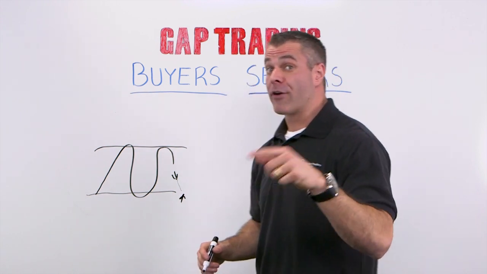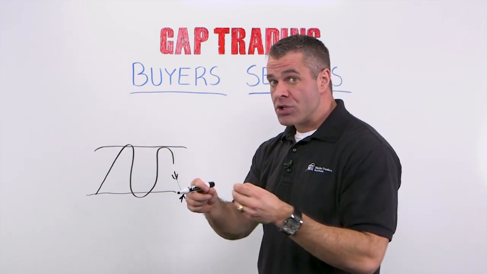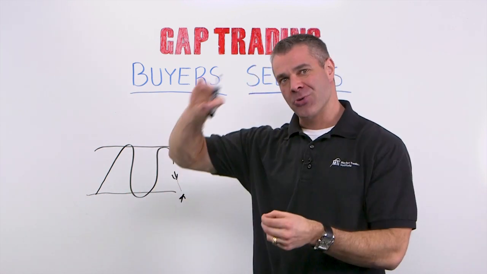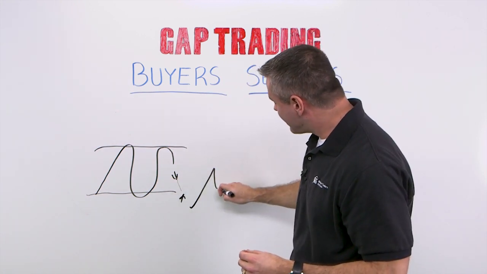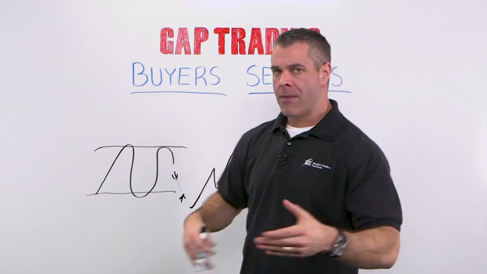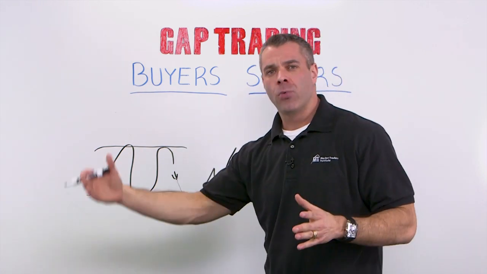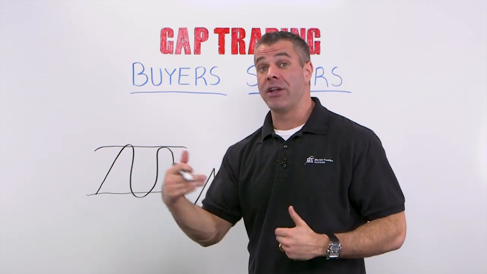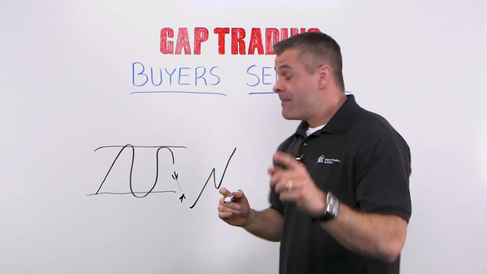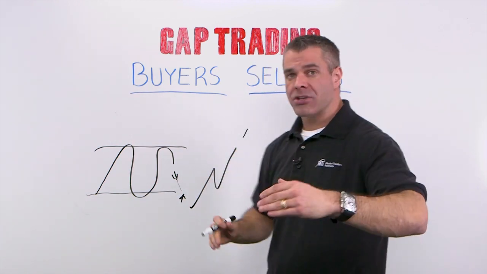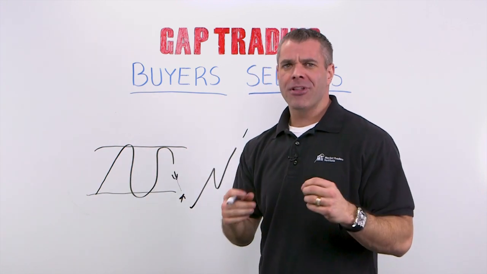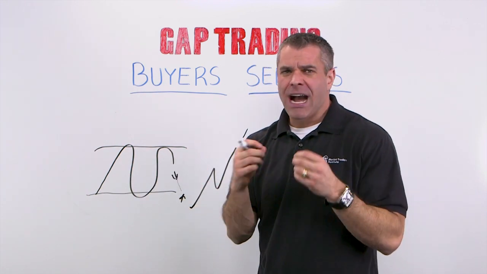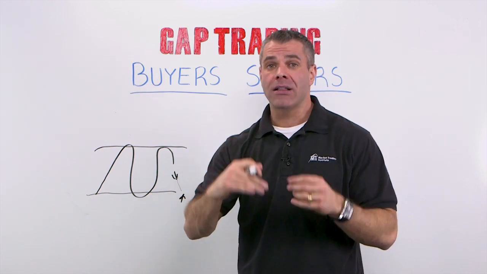There's also what's called a reversal move. It's important to understand when you should trade in the direction of the gap or when you should trade against it. The reversal move happens when price is sitting at an extreme level. What I mean by an extreme level is a multi-week or multi-month or maybe even a multi-year high or low. When that happens and price then gaps in the direction of the major trend, that's typically a sign of exhaustion. Right? It's typically a sign that the buyers are getting kind of exhausted